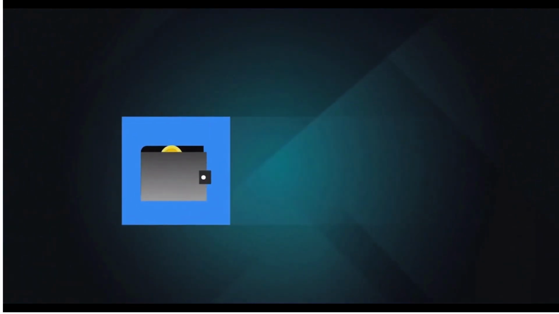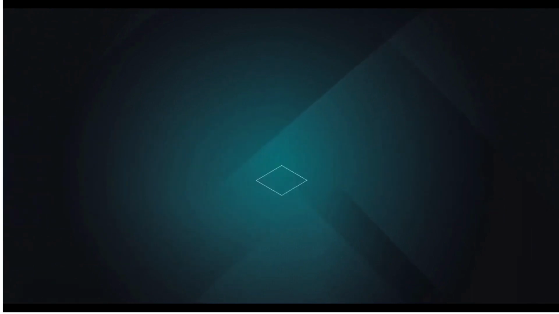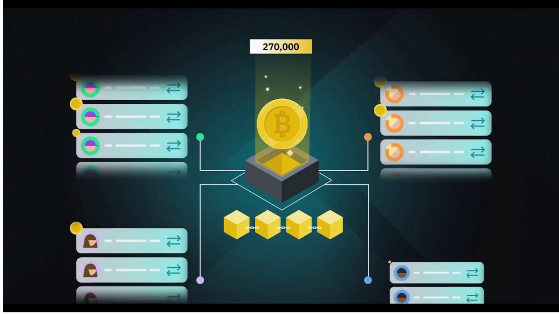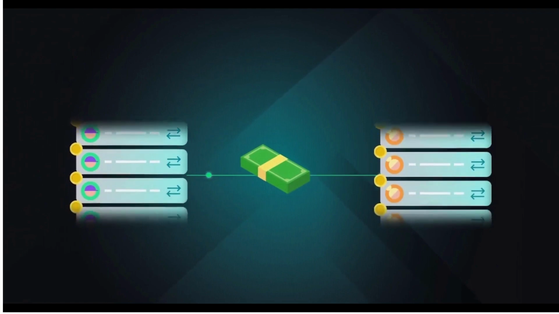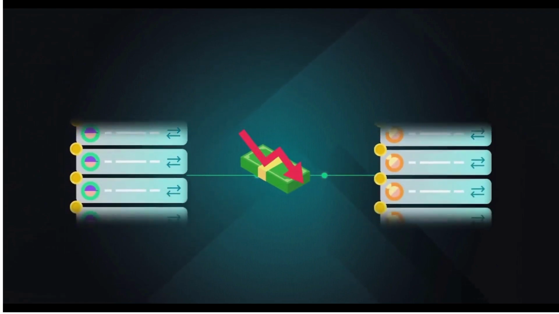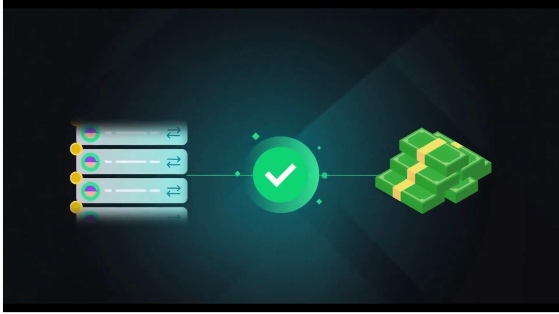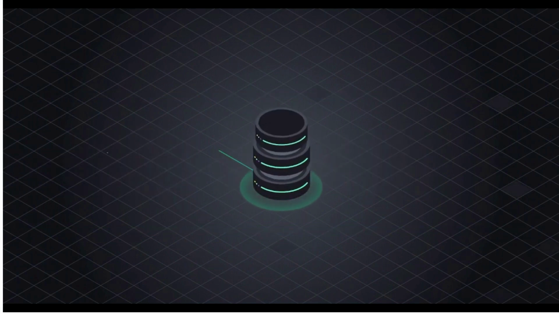As of mid-2022, over 80 million unique Bitcoin wallets have been created. And there are more than 270,000 confirmed Bitcoin transactions recorded on the Bitcoin blockchain daily. The fees and transaction times of Bitcoin are negligible compared to the traditional financial system. This is especially useful for large transactions. For example, in 2019, a transaction that was then worth about $1 billion cost the sender only about $650 to send.